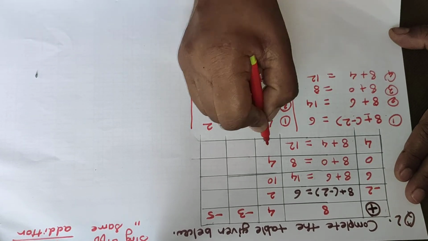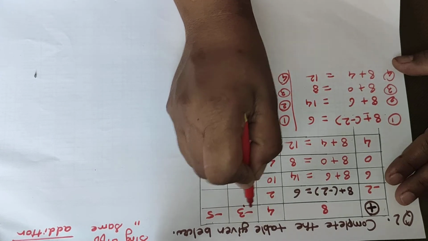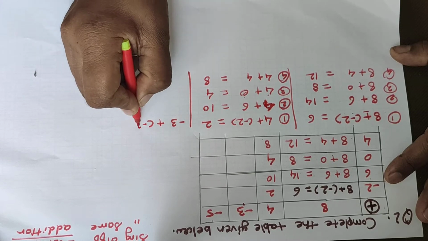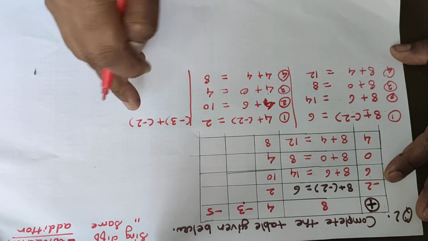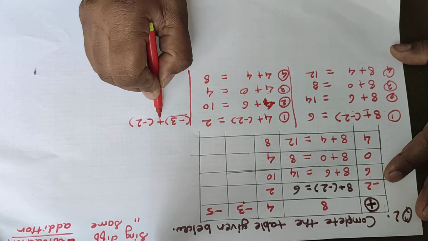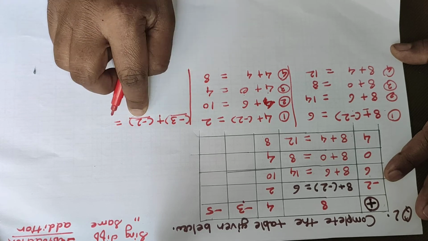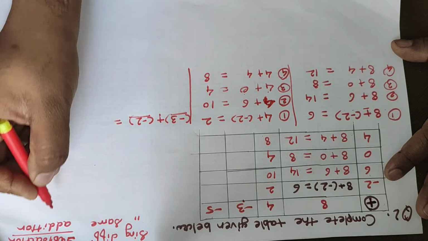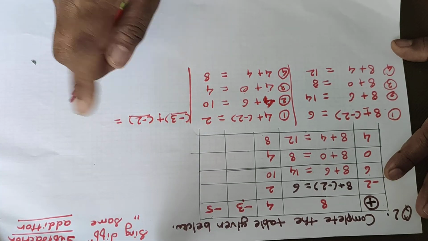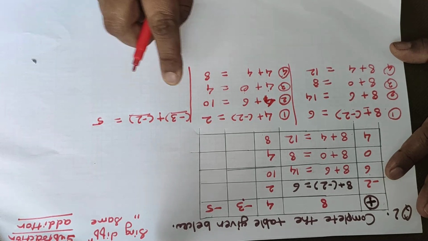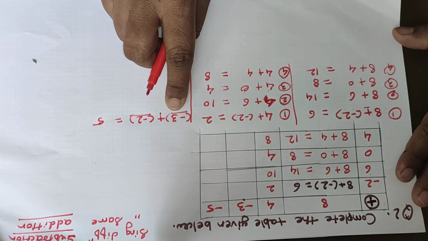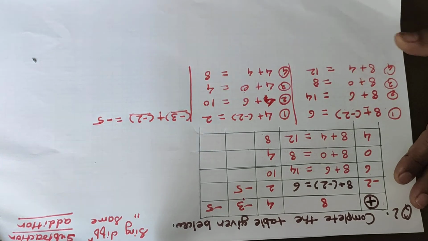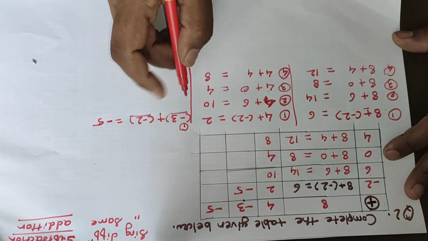Now we will see the next, that is minus 3. So minus 3 plus minus 2. If two signs are coming together, at that time we have to put brackets for it. So here this is minus 3, we have to add this to minus 2. Here both signs are the same. This is also negative and that is also negative. If signs are the same, we have to do the addition. So 3 plus 2 is equal to 5. Which sign will it get? The bigger number's sign. The bigger number is 3, its sign is negative, so the answer will get the negative sign. So here it is minus 5. In this way you have to solve the example and then write the answers for it.